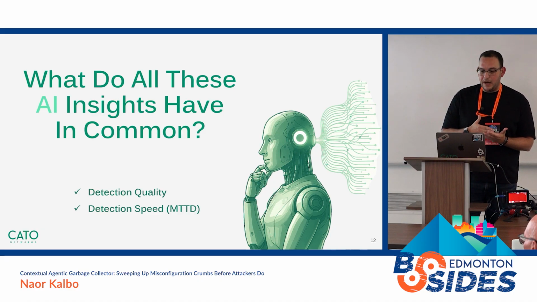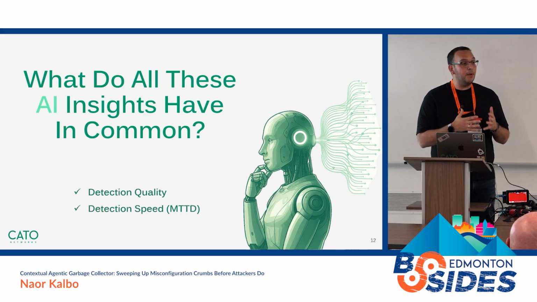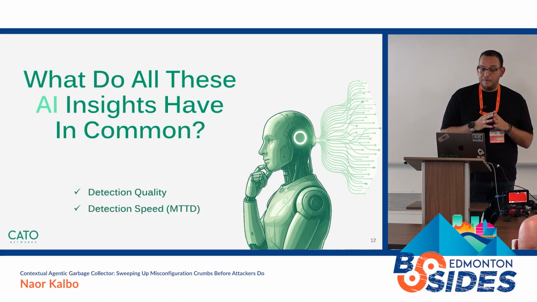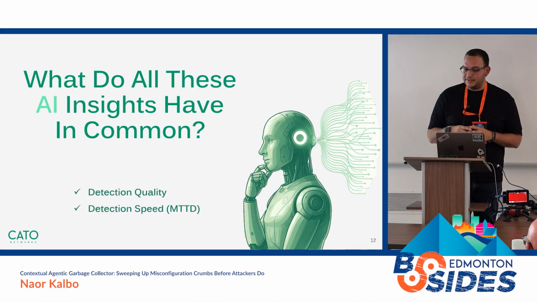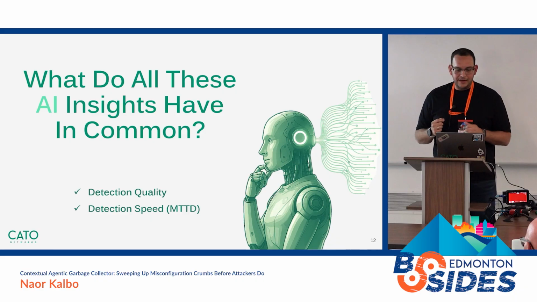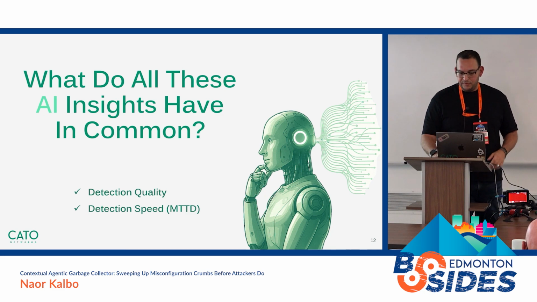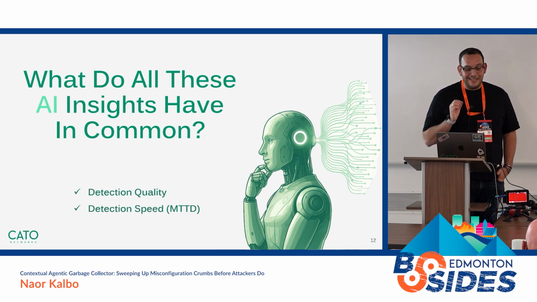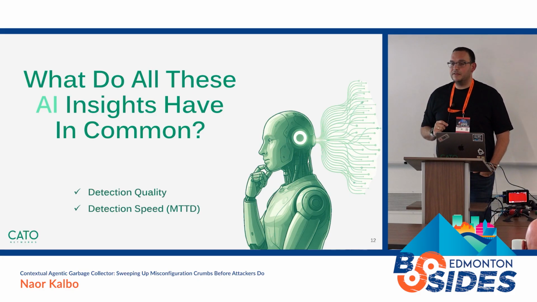We are talking about rules that would be very hard, very difficult, almost impossible for traditional analysis to identify as a security threat to the organization. And remember the stat we mentioned earlier, 50% of security incidents in organizations stem from this kind of issue. And the second improvement is the improvement in the detection speed, the MTTD, the mean time to detect.